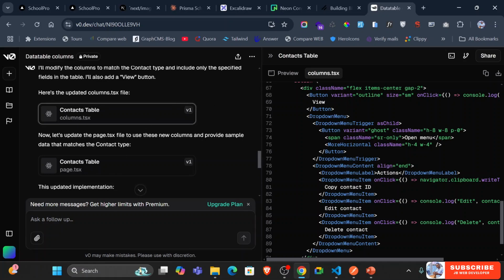I'm just going to see, can you design for me a beautiful card with grids, maybe grid cards to show all the information or the contact